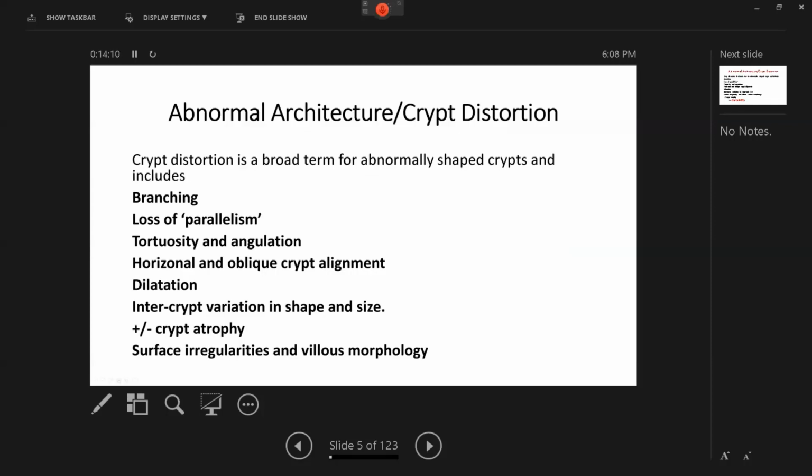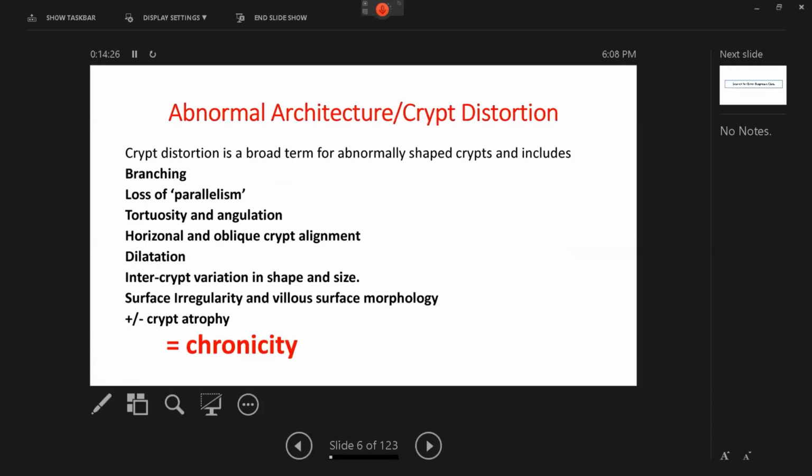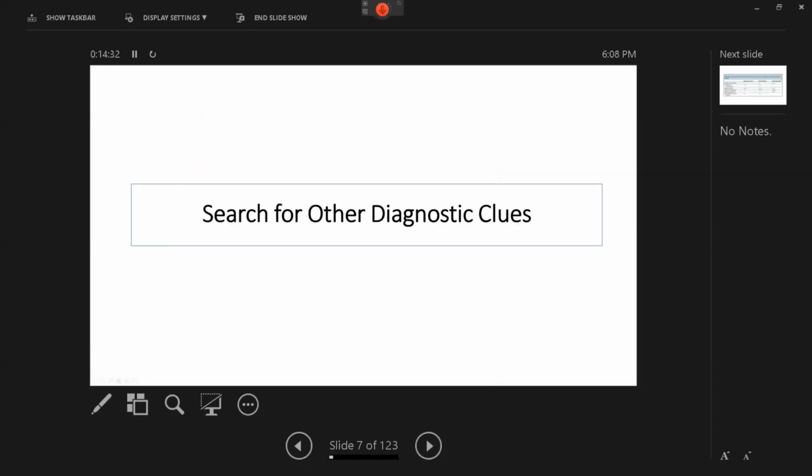And we've paid a lot of attention to the crypt architectural distortion, and we said what it stands for, and each of these features we did discuss in detail, how you recognize it and how you can see it, all in order to be able to put the stamp of chronicity on the case.